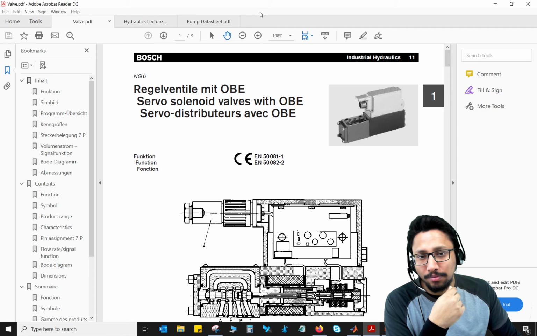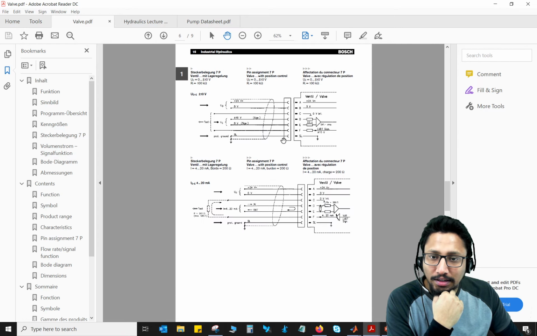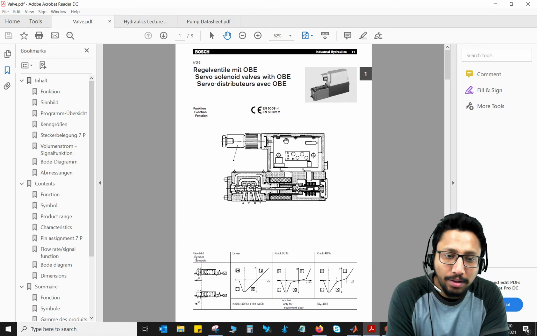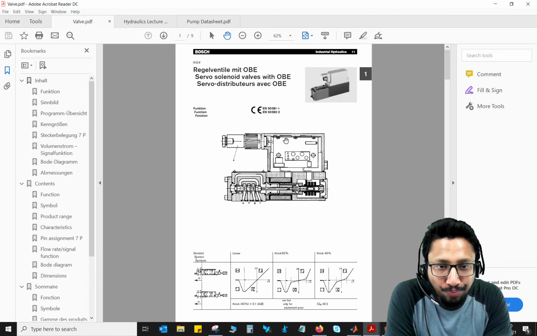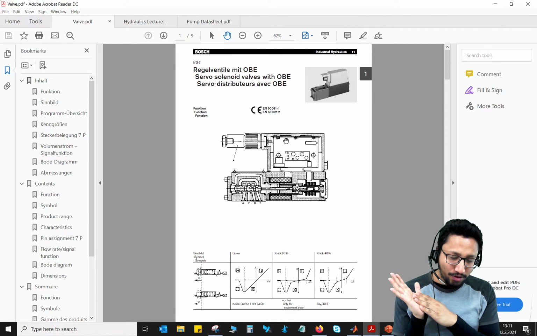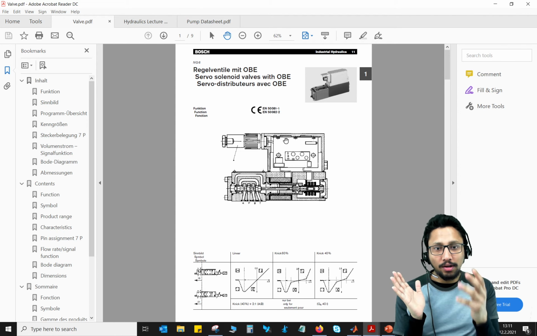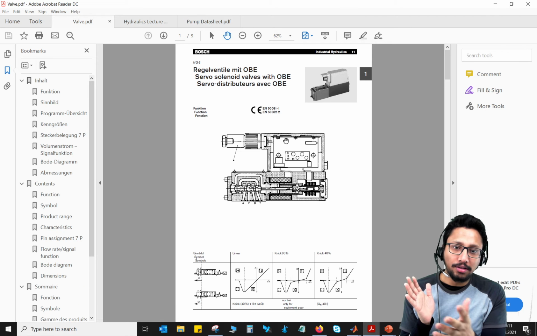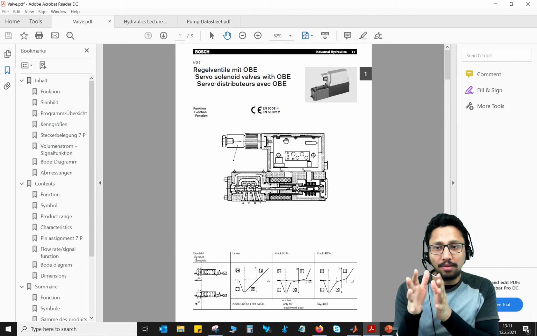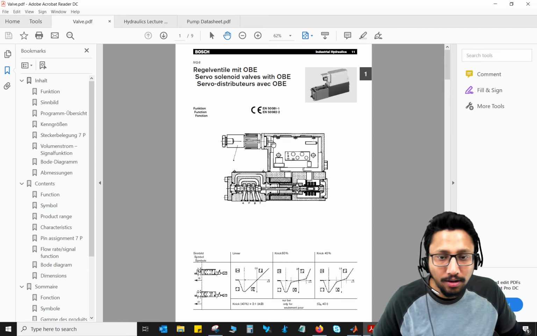Let's see the catalog. If you follow this catalog, you can see that it is quite lengthy, and if you try to make sense out of everything, you will be confused. So as an engineer, I always try to first figure out my requirements, then I see what things are needed in those requirements, and then I try to find those things from the material provided to me. That is the simplest approach, I would say.